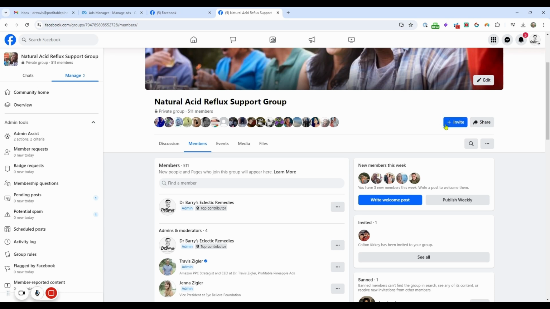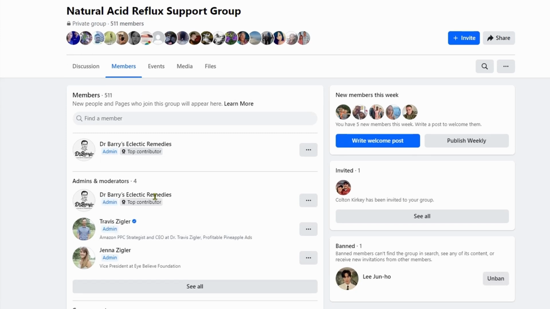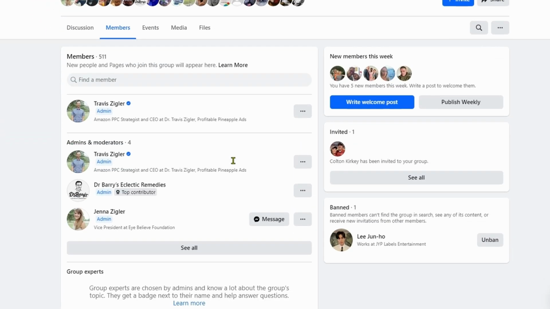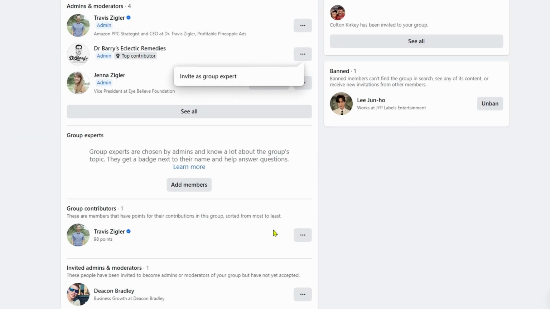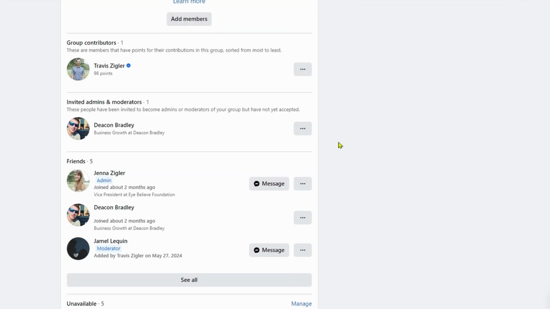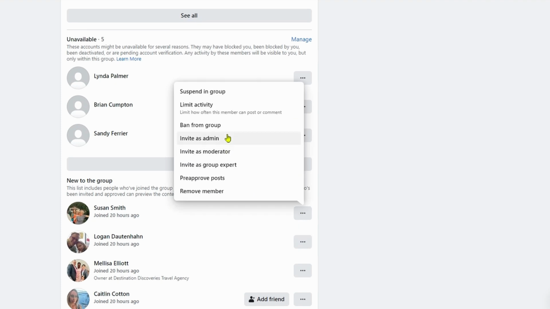Then once we join, we need to become an admin. You won't have that admin badge yet. I've already done this obviously for everything, so that's why you can't see it. But then after that, I'm going to go back to my personal profile, come back to the members area, and then you're just going to right click on somebody and invite as admin. I showed you how to do this in a previous video, so let's do it for this. Invite as admin. Nope, hold on. Let me go down to somebody that's not. Here we go. So we can take this person, invite as admin.